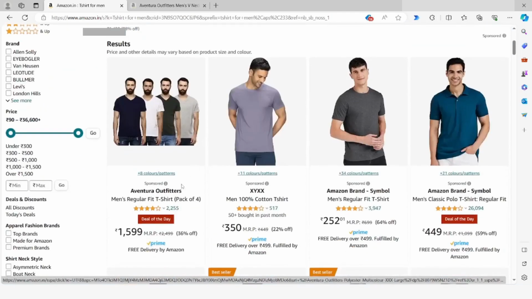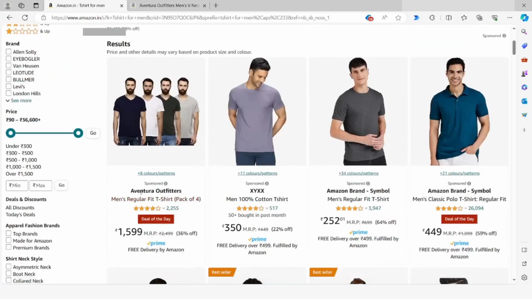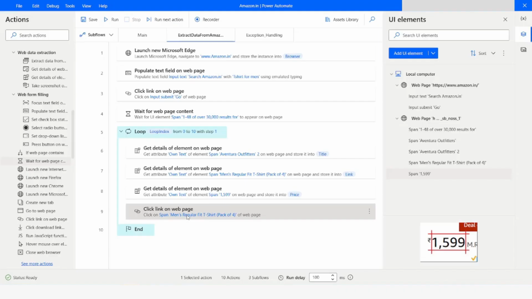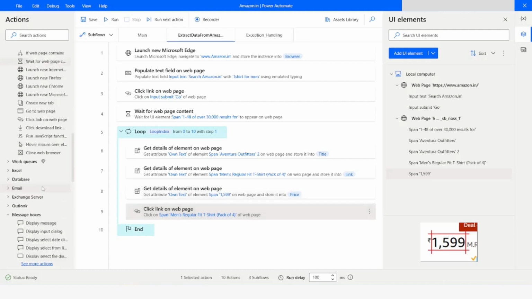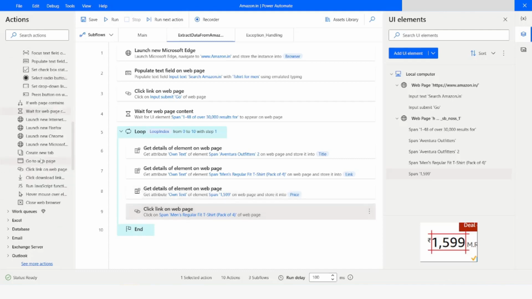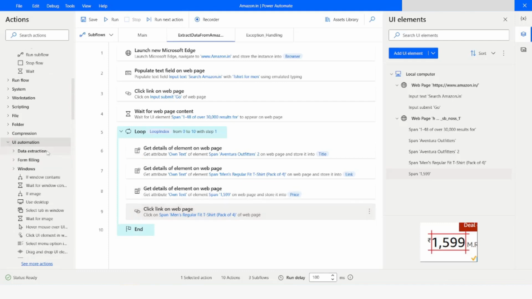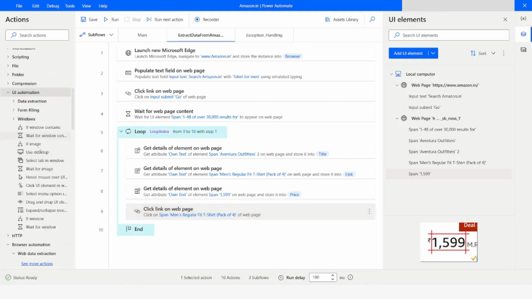The moment we click on this link, you can see that it is giving us the title in the tab, right? So what we are going to do is we will go to Power Automate desktop. After clicking on that link, we want to wait for that web page to open. For that, we will go to UI automation. From here I will use wait for window,